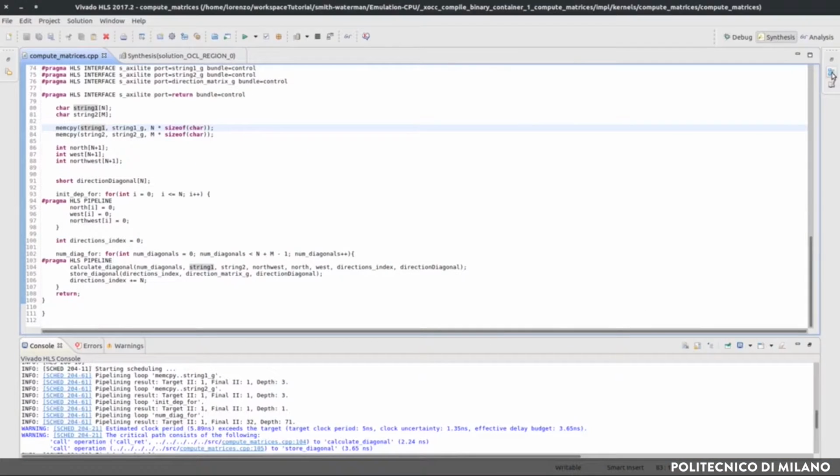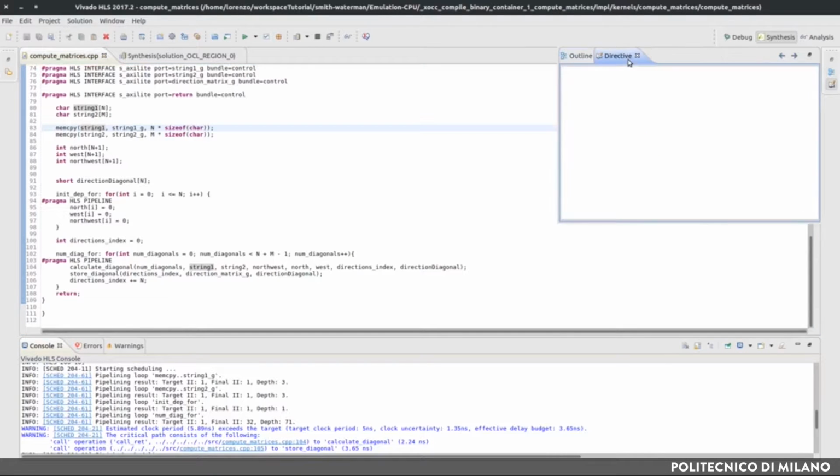Array partitioning partitions an array into smaller arrays or individual elements, resulting in having multiple registers or multiple smaller memories. In this way, we are increasing the amount of parallel reads and writes while increasing the amount of area used